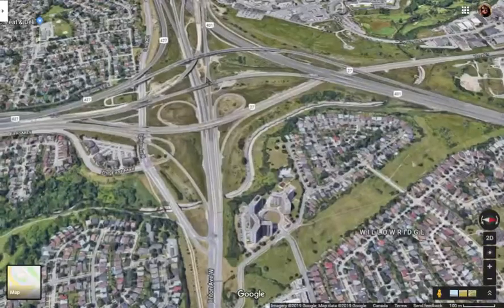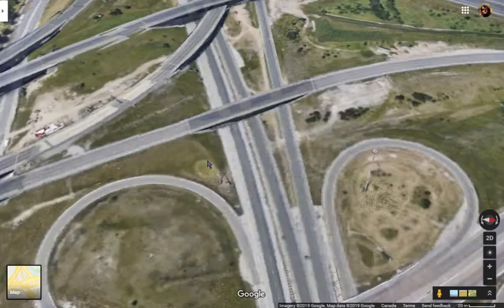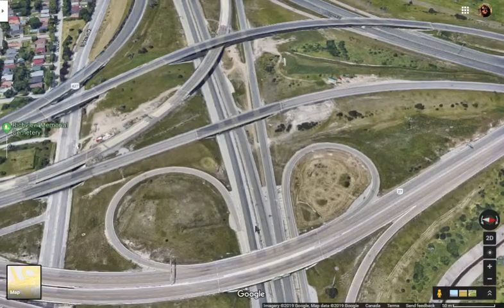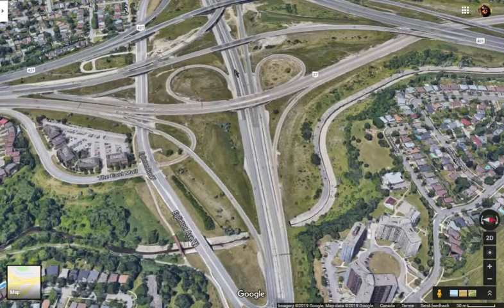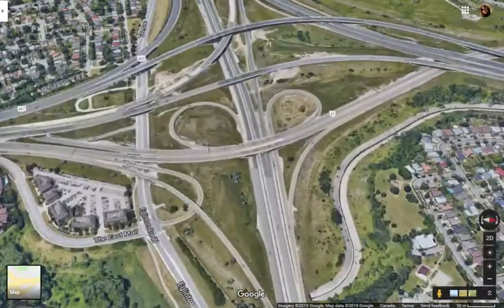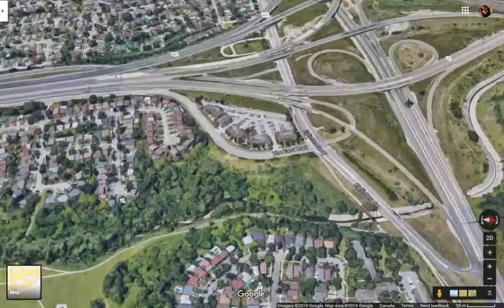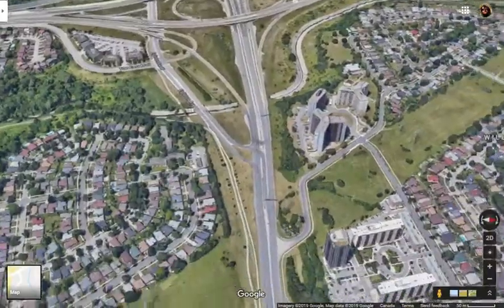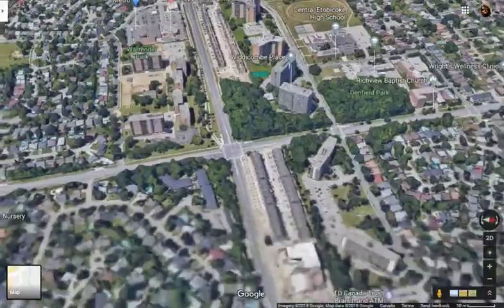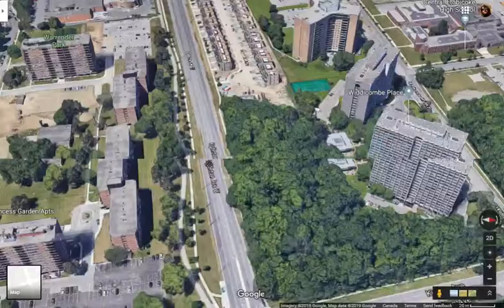Okay, one of the things that they proposed for this spot is, this is going to turn into a normal, oh shoot, what is it? This one is going to turn into a normal intersection. One of these flyovers is going to be just an intersection, and there's going to be a different, I think, bike path through this area. But to get back to the illusory congestion situation,